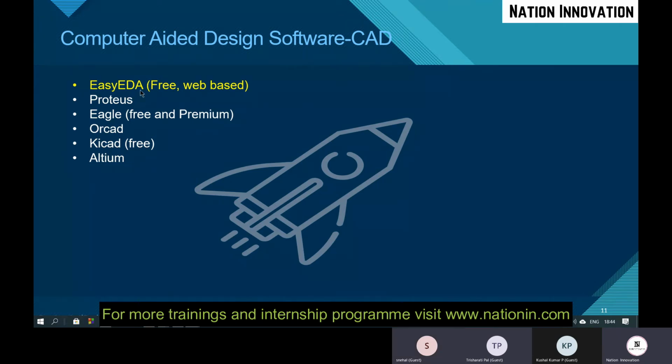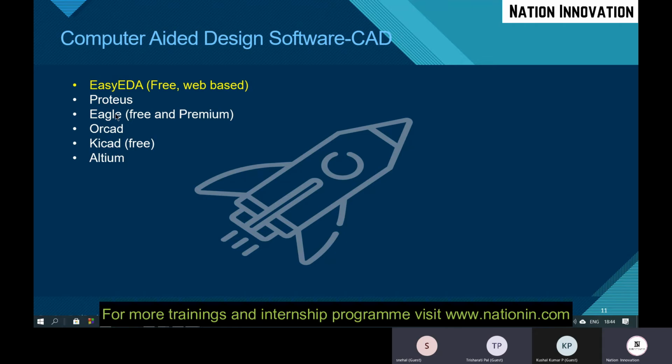And EasyEDA provides all the basic information needed to design the PCB, whatever basics you need to learn, all are present in this tool. So we are going for this.